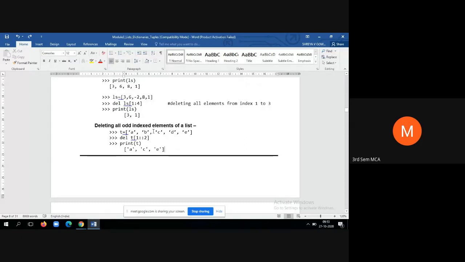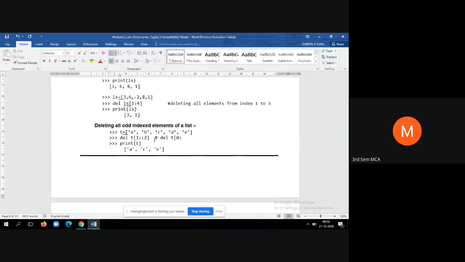Now, similarly, you can delete even indexed elements. I'll specify here how to delete even indexed elements. The name of the list is T. Now the slicing syntax, that means I, J, and K values we have to specify. 0 means start from the beginning, then till the end.